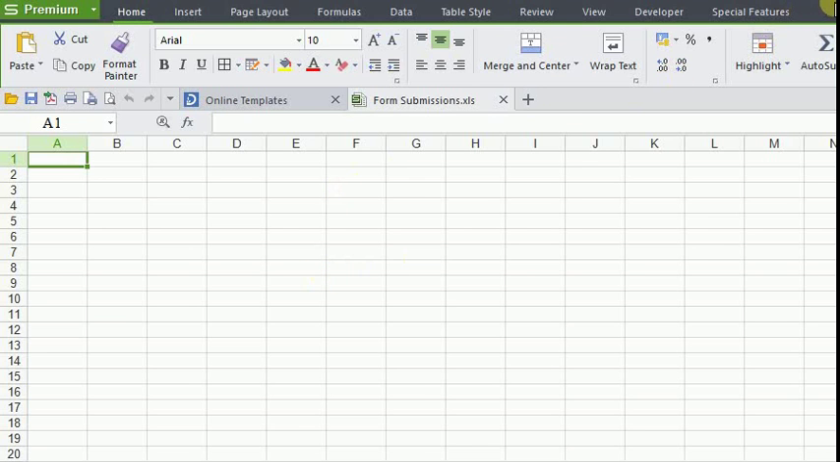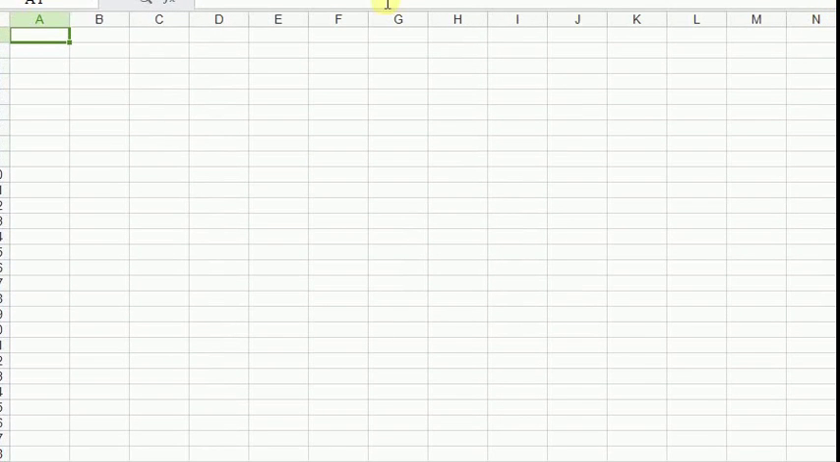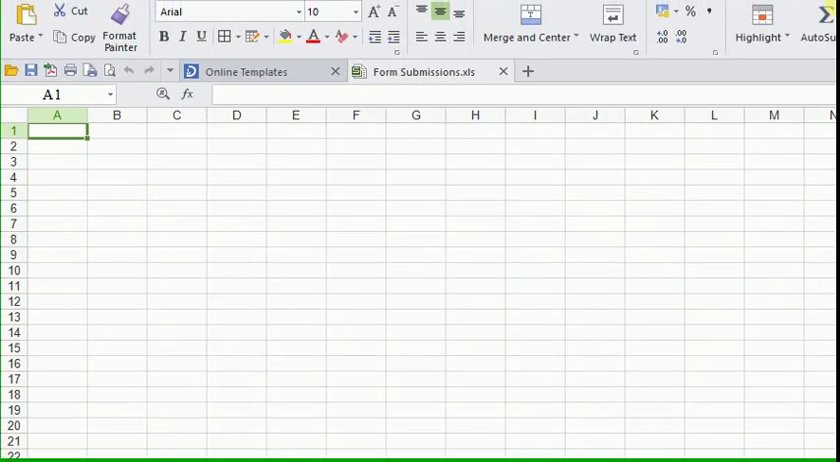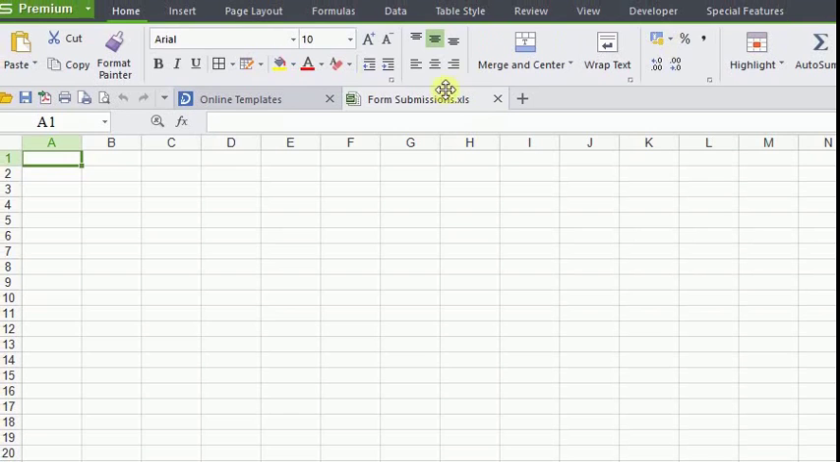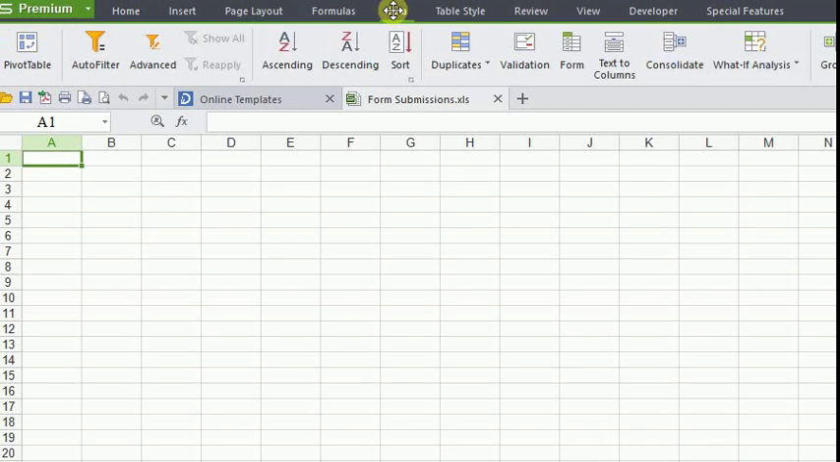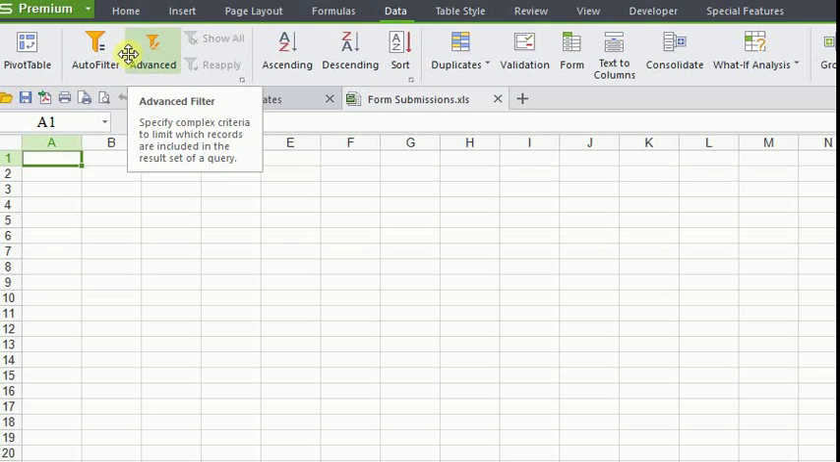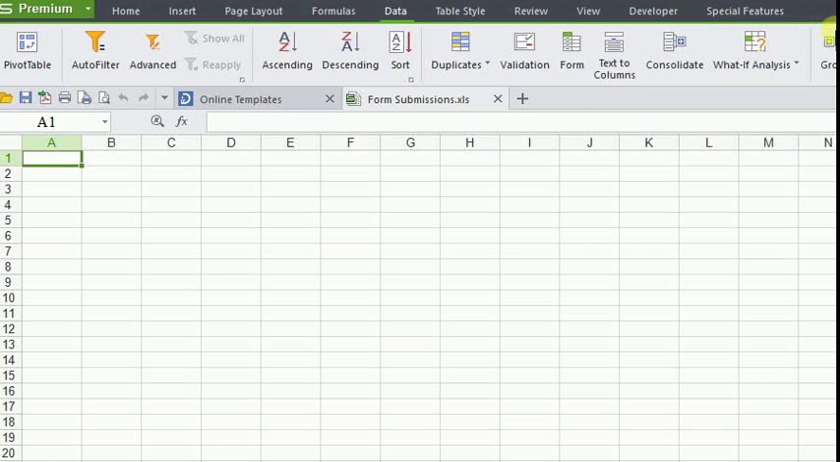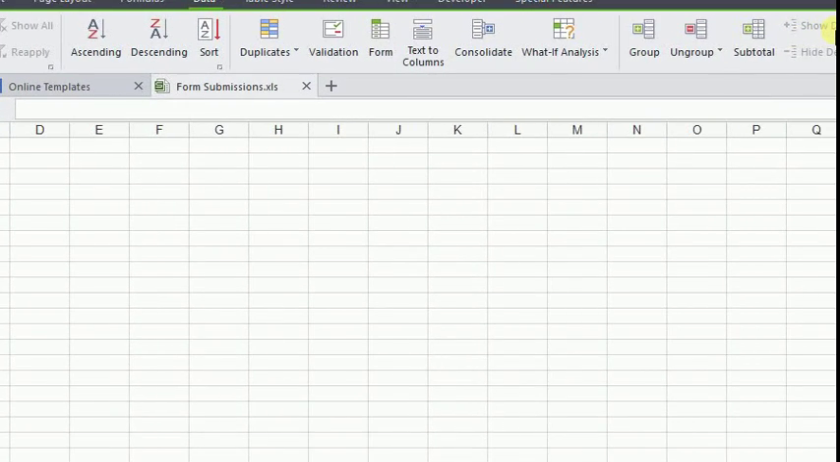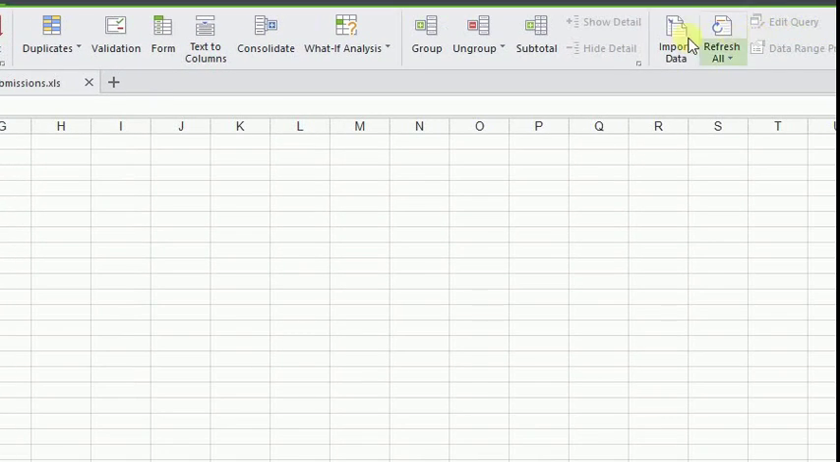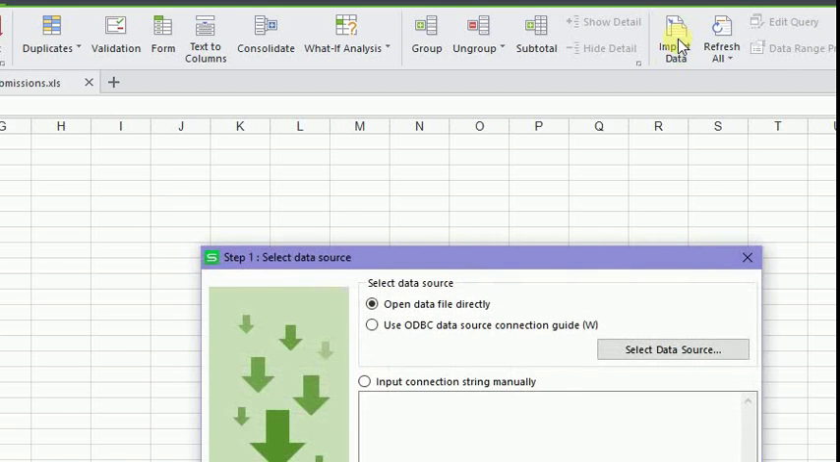Anyway, what we're going to do now is we put the cursor in the first box, and we're going to need to import the text files. Now, up on the top menu there is an option called Data, and in there on Excel, if this was actually Excel, there'd be a button right around here that says From Text. We are in WPS Office, so instead of From Text, we have an option called Import Data. So I'm going to click on that,